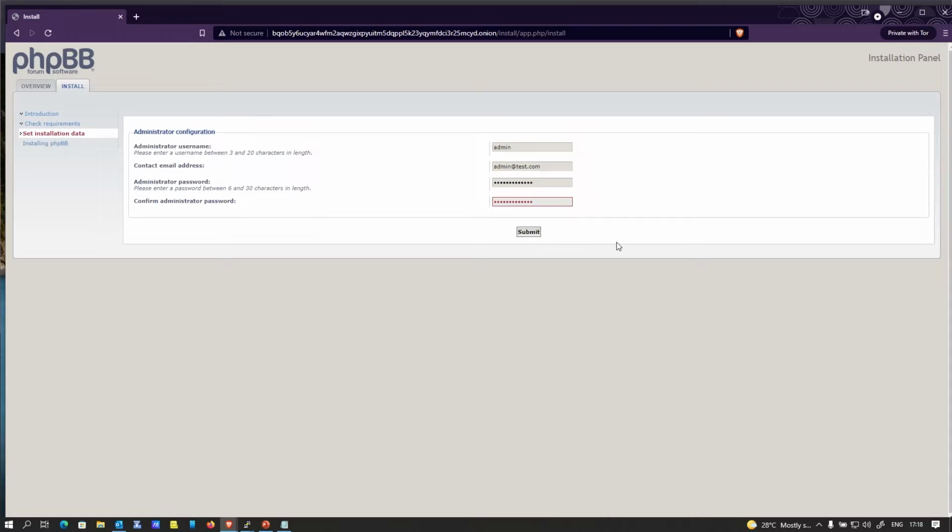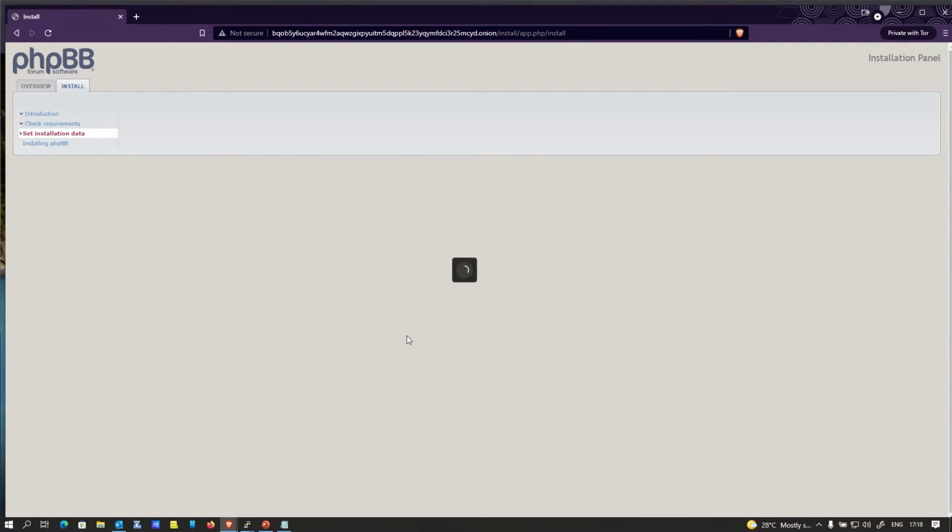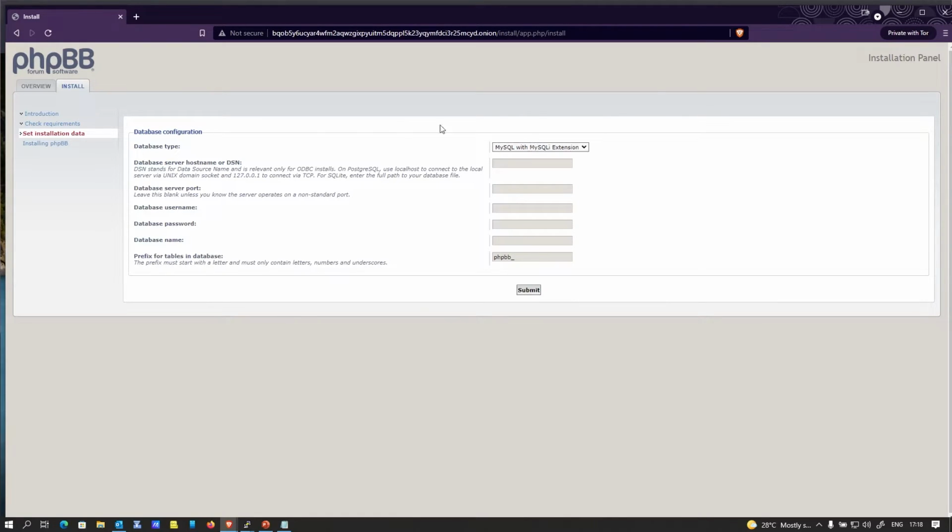Obviously, you would want to make this a complicated one, usually. Installation data. Okay, so we have chosen the database to be running on localhost. So then port, we can leave that out. The database username is what we chose earlier. If you remember, we chose PHP